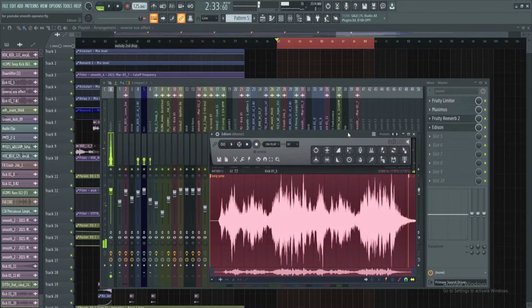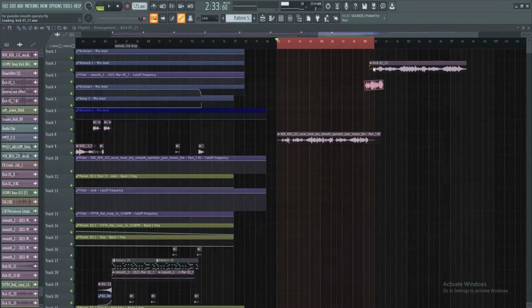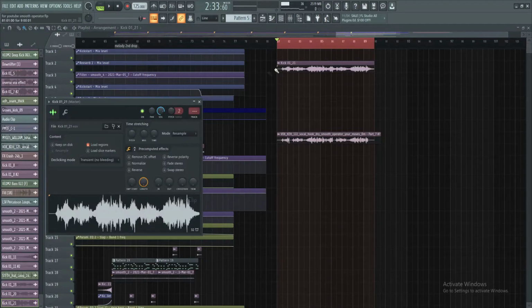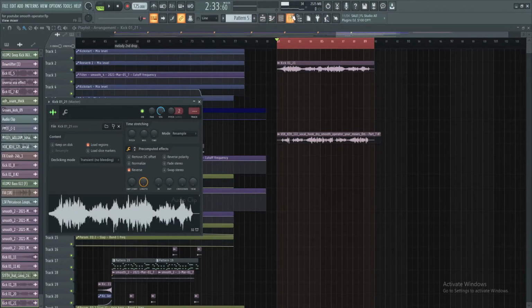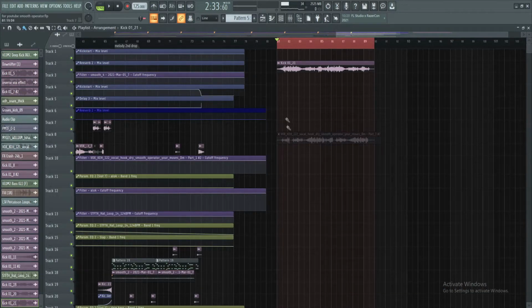Okay, so once you have that recorded, you're just gonna drag it out, double click, reverse it. Obviously make sure to turn off the reverb on the master, and then this is what